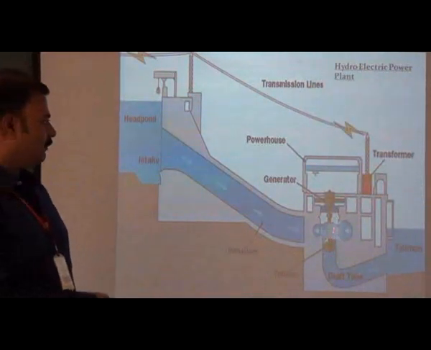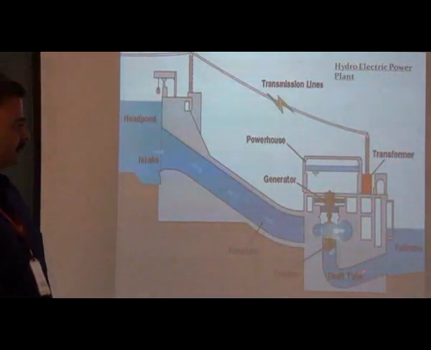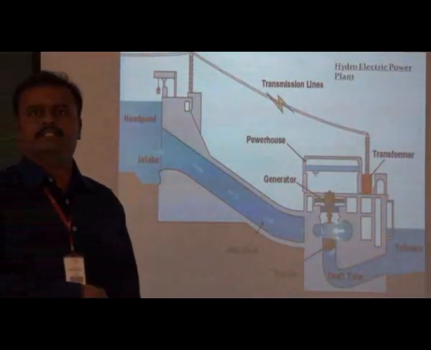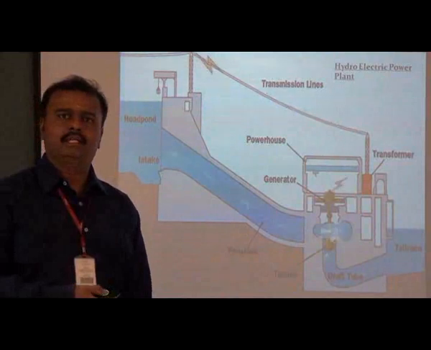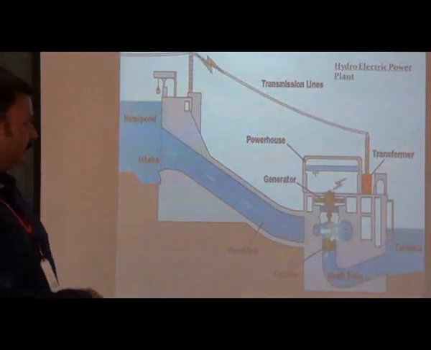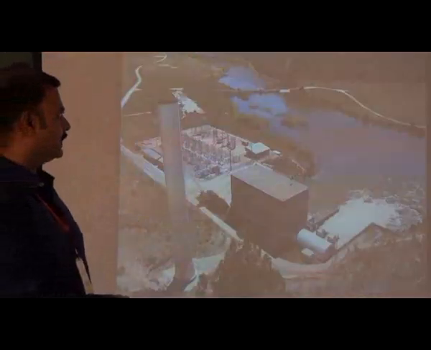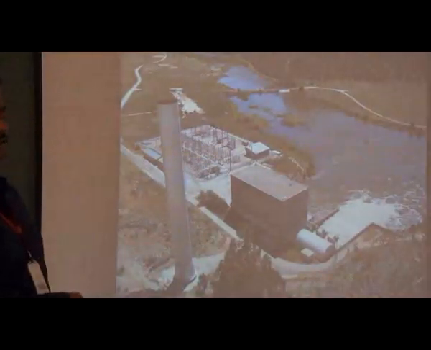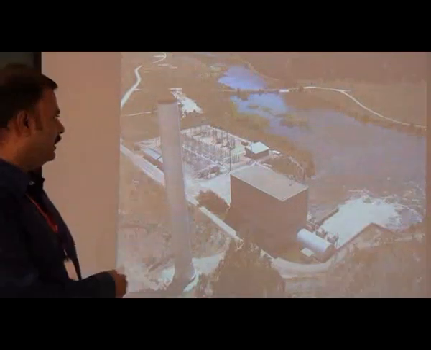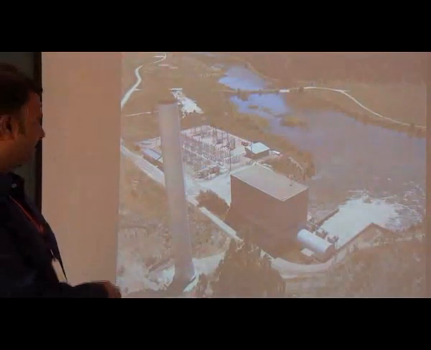And the exhaust water coming from the turbine passes through the draft tube. The purpose of the draft tube, I already told, is to reduce the velocity by increasing its pressure, and then it passes through the tail race. This is about the working of a hydroelectric power plant. This will give you a clear-cut idea about the hydroelectric power plant, how it looks practically.